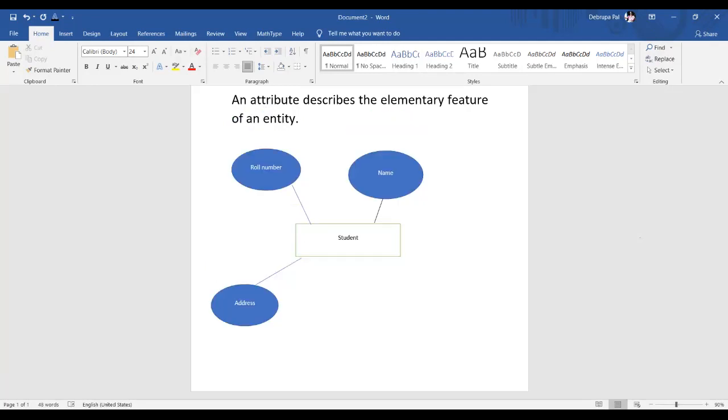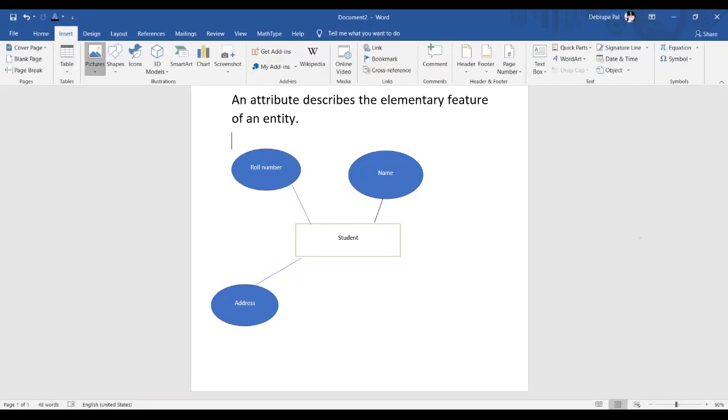Similarly, in case of ER diagram also, some symbols are given that are considered as standard. So as per those standards, you draw the ER diagram. In ER diagram, the basic things are entity, the relation, the attributes, and these are called the links through which the entity is related with attribute.